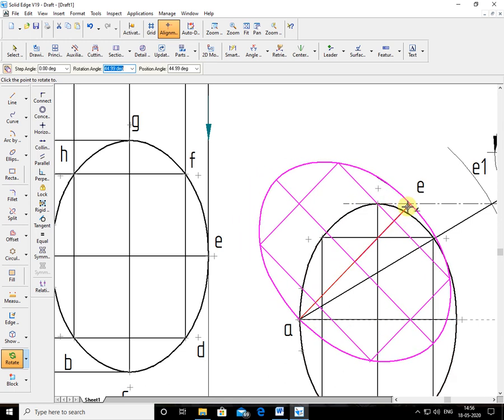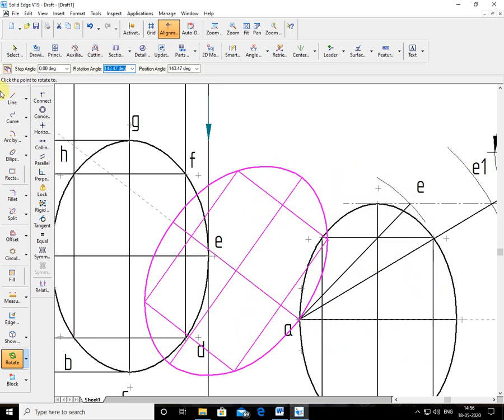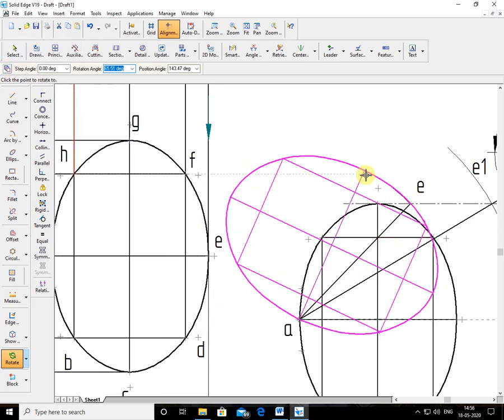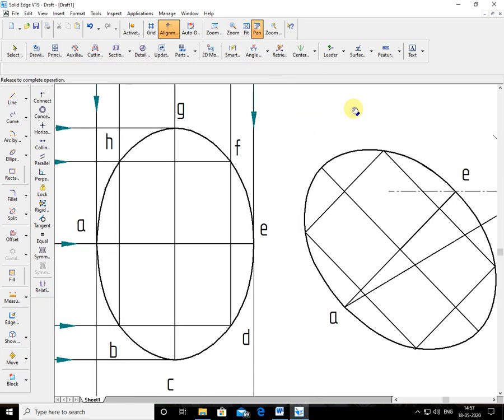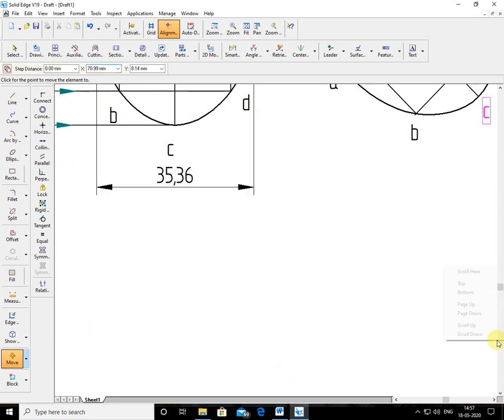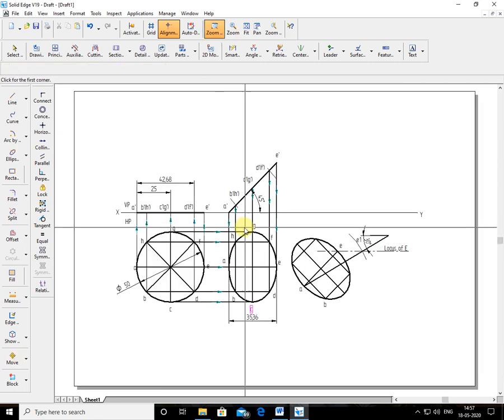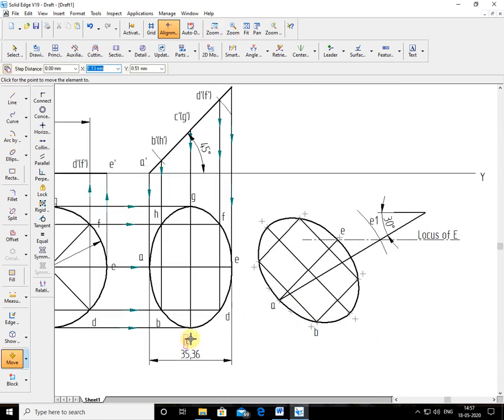See here, now you got this circle along with the inside lines, so I can locate easily. This is A, this is B, this is C, in that way. I'll show here. I'll move all the lines here. Now where is A? B is here. This is B. This is the C, and this is the D. E is already there, and this is the F. This is G, and this is the H.